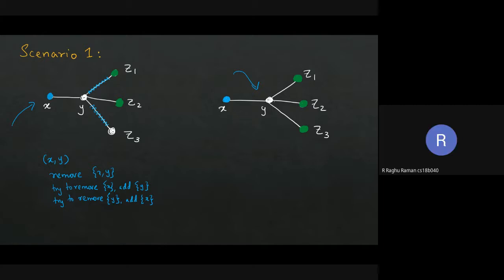Sir, this whole analysis we can repeat if y has any number of neighbors, right? As long as it has at least two neighbors in the independent set, this part you will probably be able to do. Yes, I think so. If it is more than 2, I think you'll be able to do it. Yes. Okay, sir.